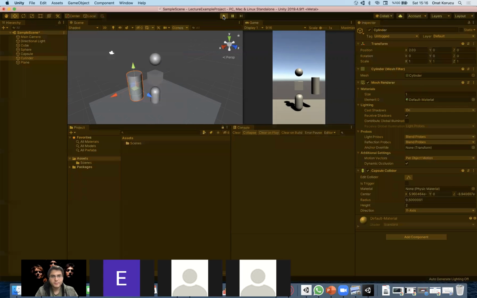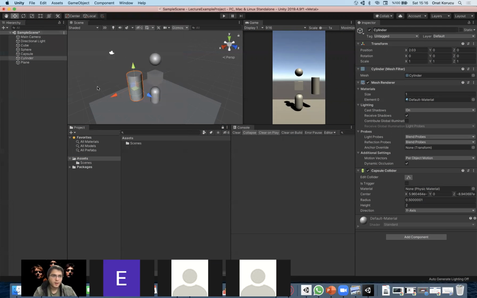Now, when I'm in play mode, the color is yellowish, and I know that my progression is not saved, so I don't adjust my scene while I'm in play mode. Okay, this is one important thing,